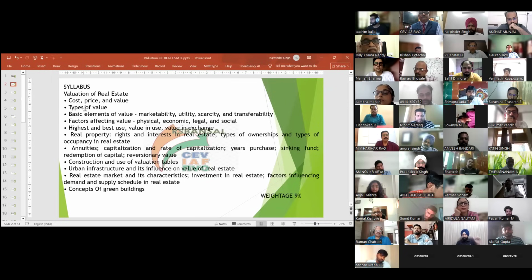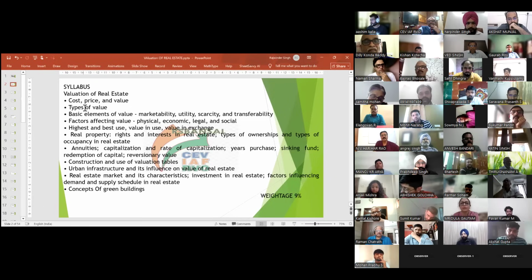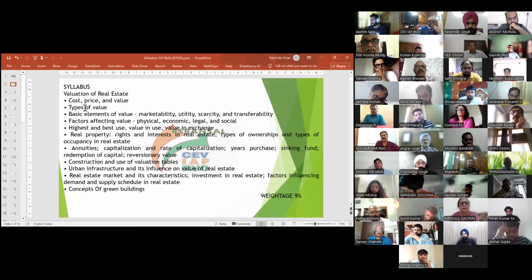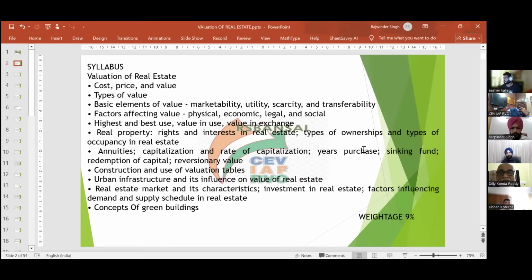Then highest and best use. Then value in use and value in exchange. We will study that. The real property, rights and interest in real estate, types of ownerships and types of occupancy in real estate. Then annuities, capitalization and rate of capitalization, years purchase, sinking fund, redemption of capital and reversionary value. Then construction and use of valuation tables,